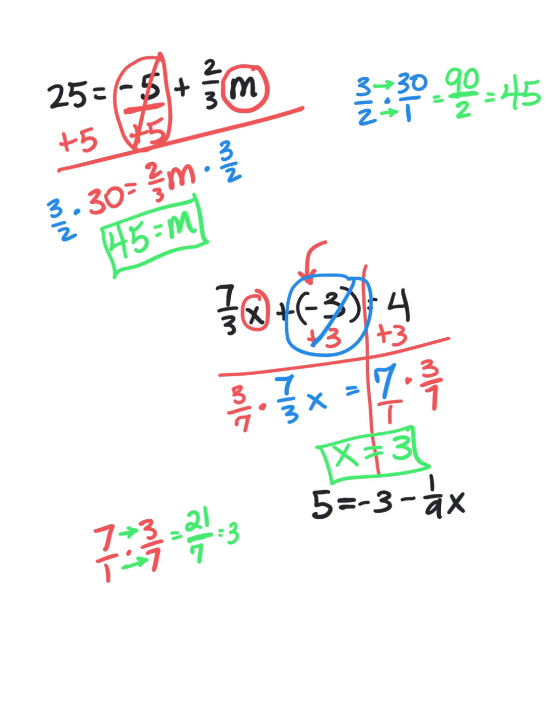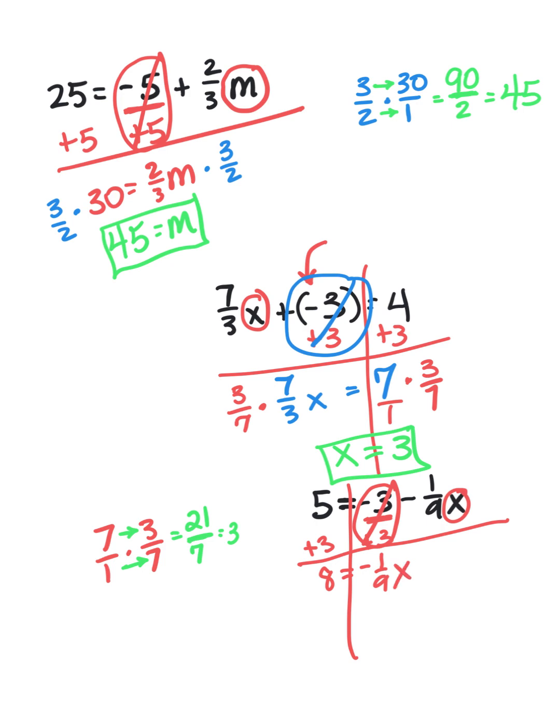Last one for this side. Here's my variable. This is what's being added to the term. So there's a -3, so I need to do the opposite and add 3 to both sides of the equal sign. 5 and 3 is 8. There's your 0. I'm left with